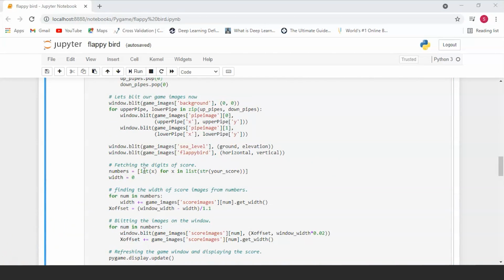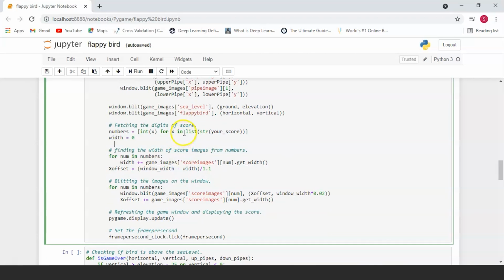So now we're basically going to start building our Pygame window. So first we're going to be putting the image all throughout the screen. We're going to be rendering the up pipe and down pipe at the respective positions on the screen. And then we're going to be putting the sea level and the bird on the screen. Another thing that you need to do is fetch the digits of the score and display them on your screen.